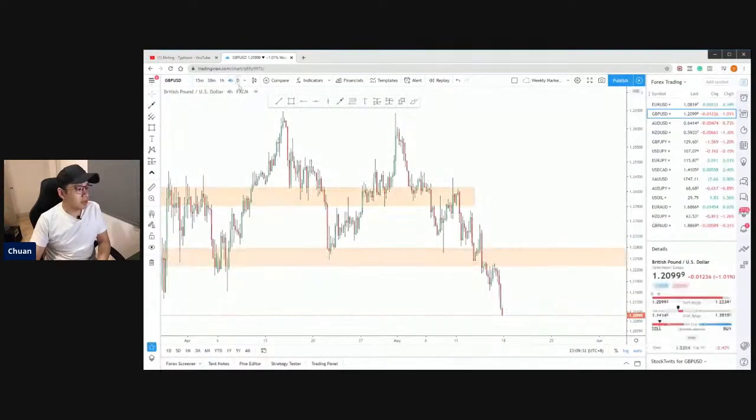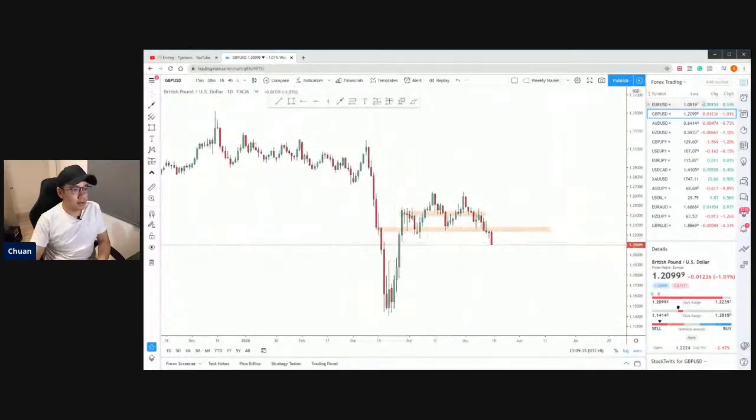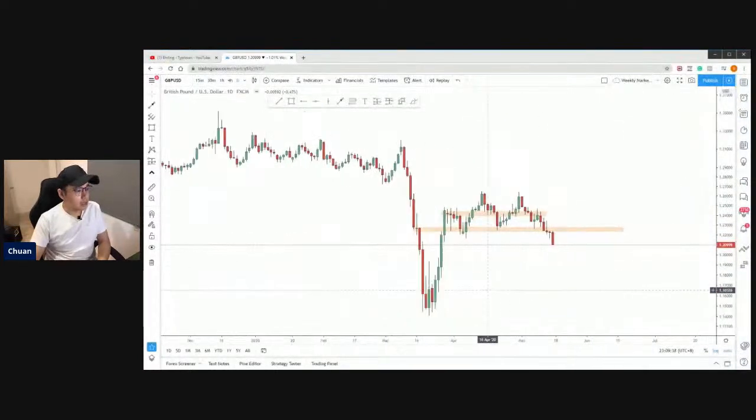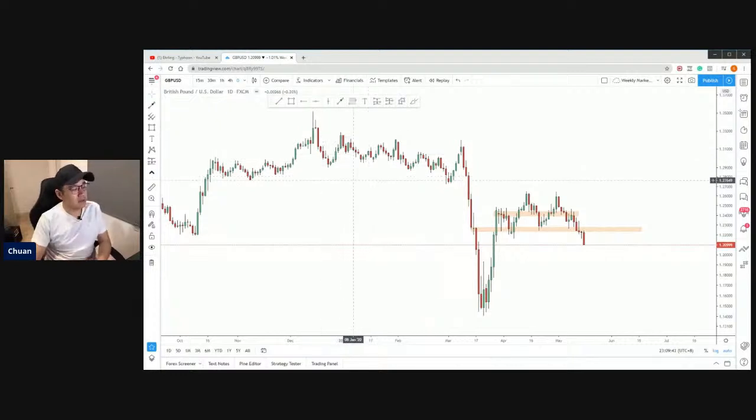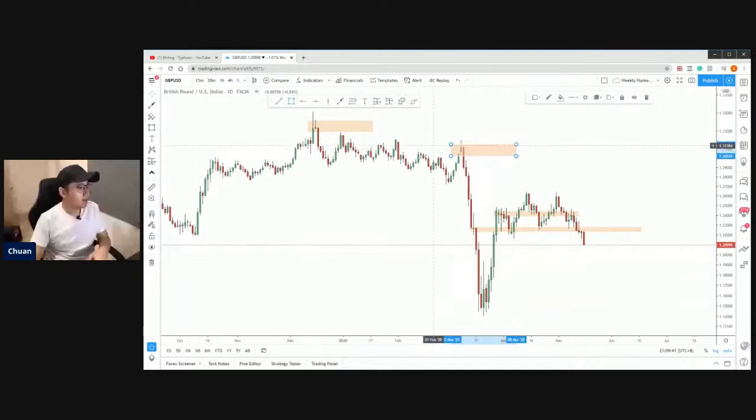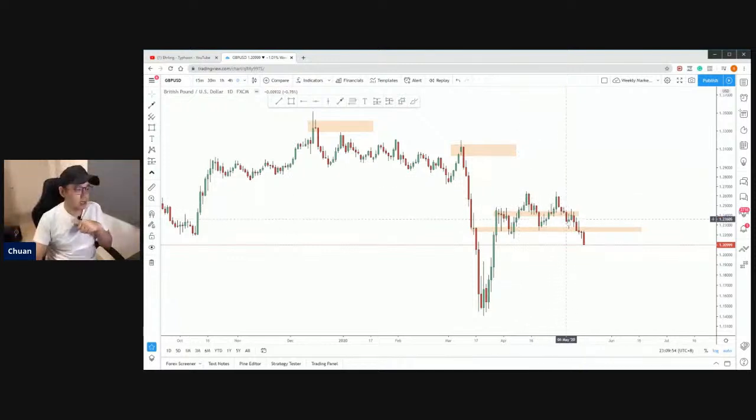The pound dollar last week, I believe I gave a pretty clear analysis, because on the daily we have a very clear downtrend. The market is creating a lower high and also a new low. This week we have a pullback here, and we have a double top formed on the daily chart, and the market just broke. So when the market is dropping with very strong momentum,